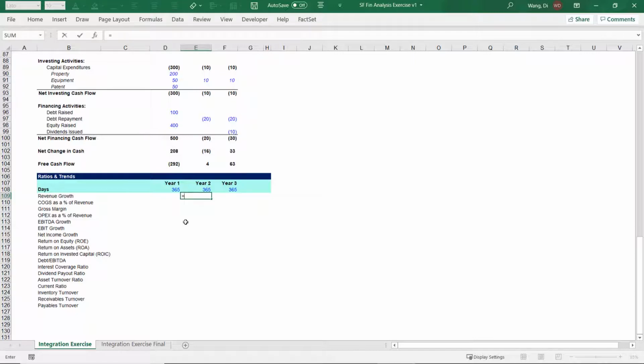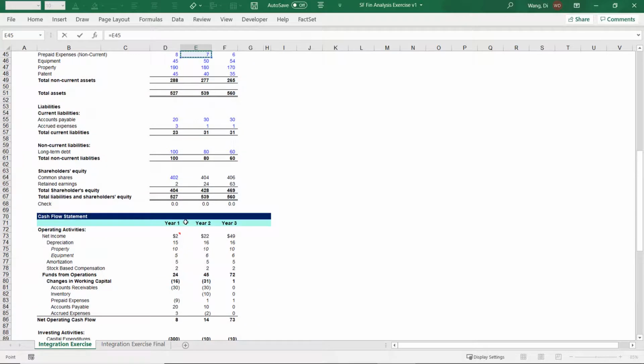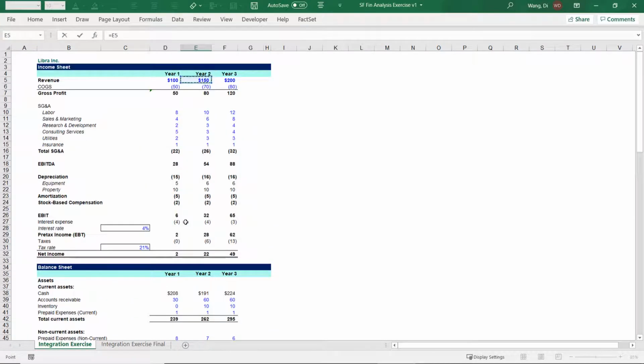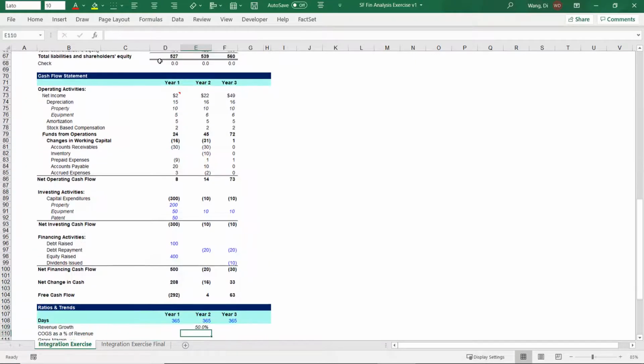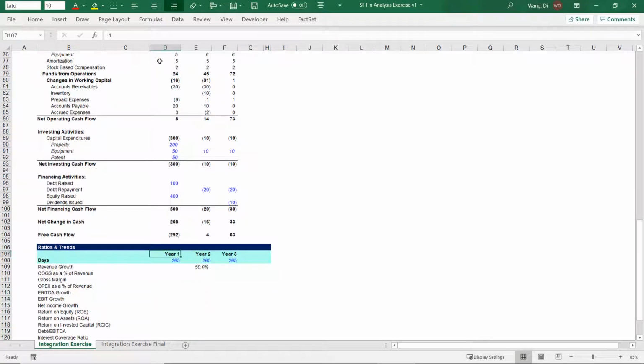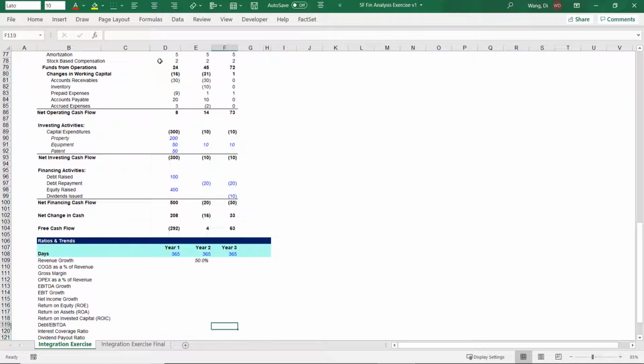So year 2 equals 150 divided by 100 minus 1. Okay, and what we're going to do is we're going to just pull out the first column of every line item right here, and then we're going to just copy and paste, or so copy right, so we could fill